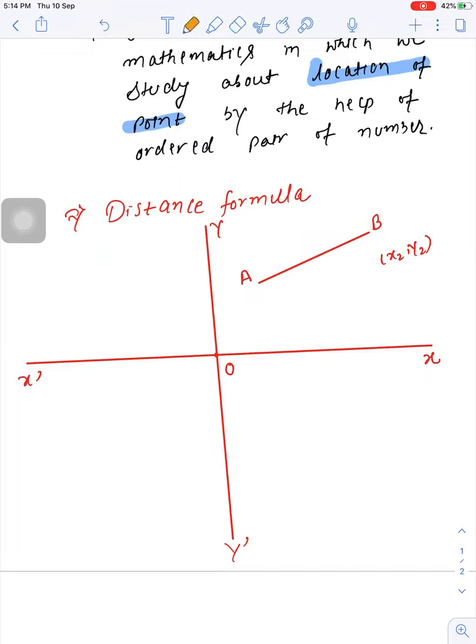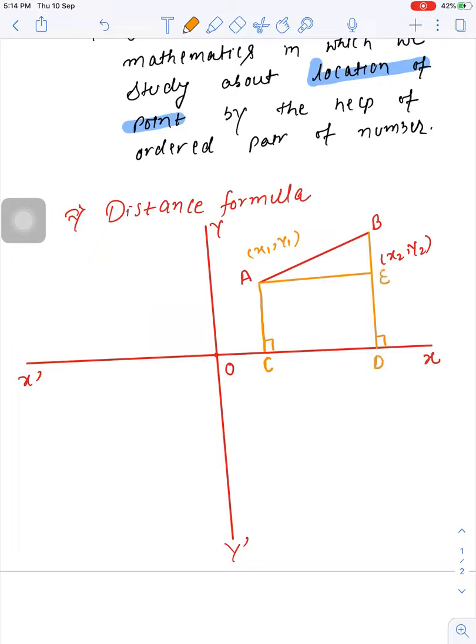So let us start. This is our coordinate x1, y1. I am trying to prove the formula. So what I have done is I have drawn a perpendicular. As you look, this is a perpendicular. Let me draw it once again. This is the first perpendicular and this is the second perpendicular. Now I've drawn another perpendicular from A. This is our point C, this is D and this is E.